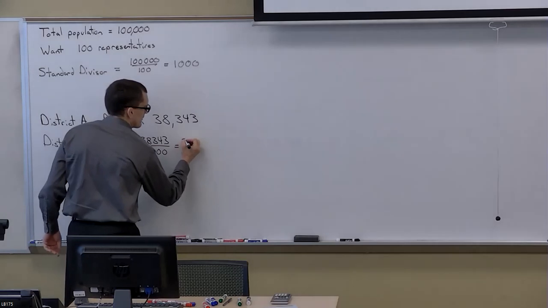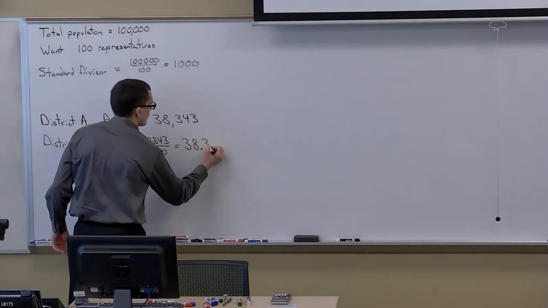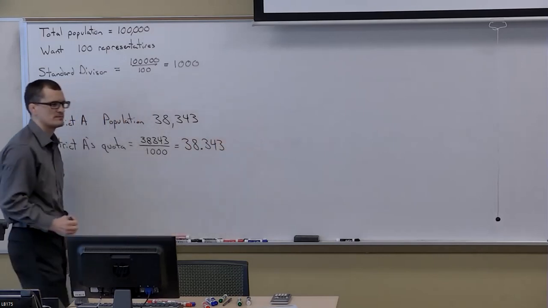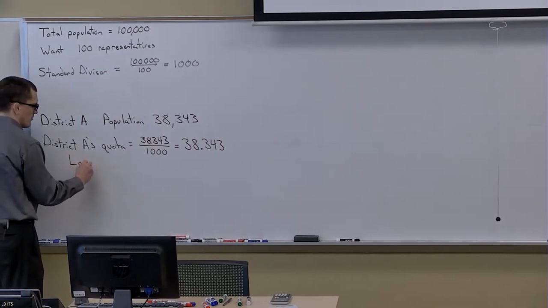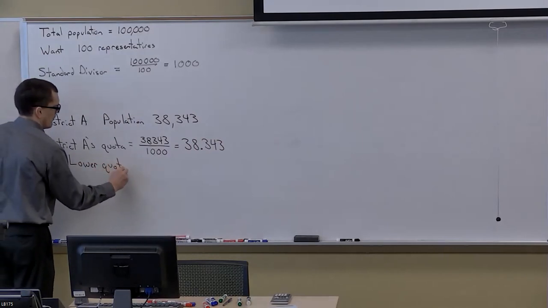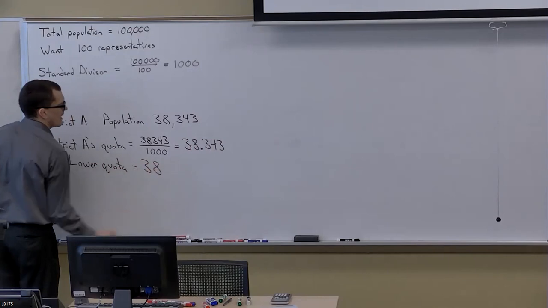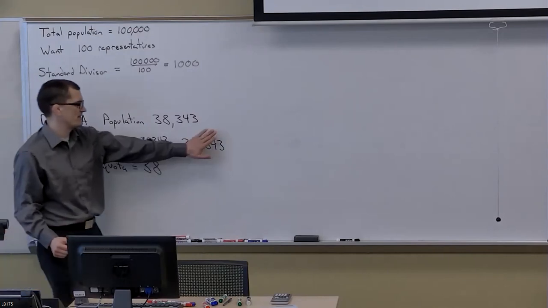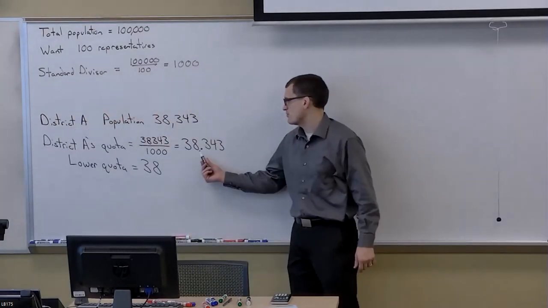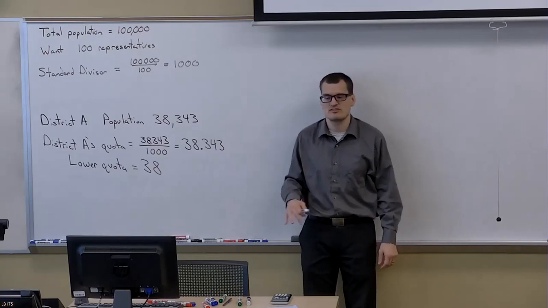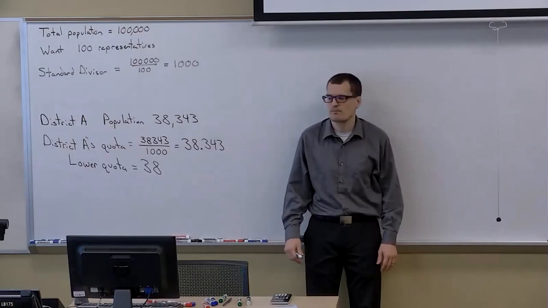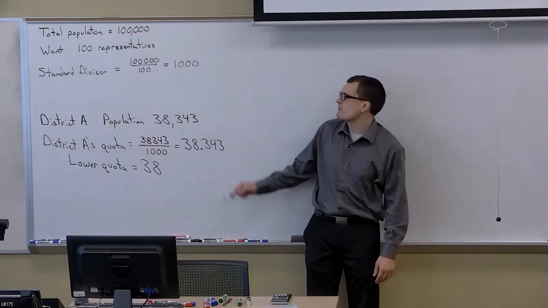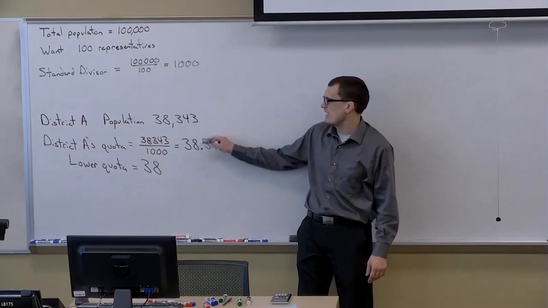So you get the number 38.343. The lower quota there is 38. You just lop off the decimal. By the way, even if the decimal was like 0.972, you'd still just lop off the decimal. Does that make sense? That's what it means to do the lower quota. Lop off the decimal. So this is how we're going to calculate the quota and the lower quota, and we'll do that for all